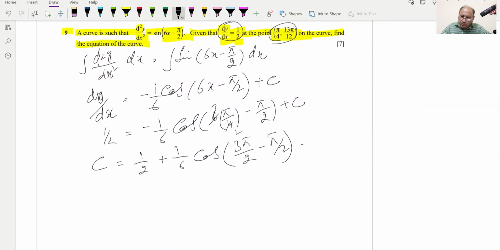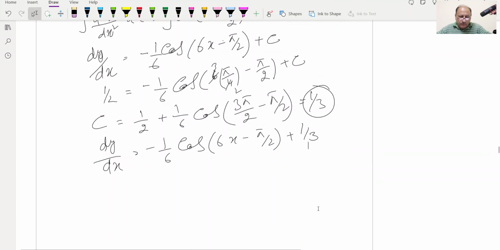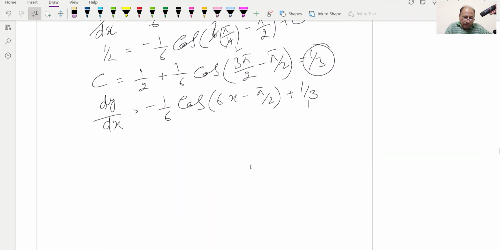So this 1 over 3 will be the value of c which we will be using and writing now dy by dx, which is this step. So we can write over here dy over dx will be equal to minus 1 over 6 cos of 6x minus pi by 2 and plus 1 over 3, and now we can write 3 properly like this. Okay, now we have to integrate it once more and we will get y after getting the integral of this,